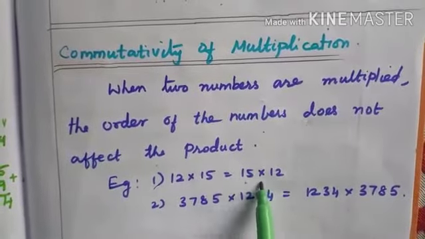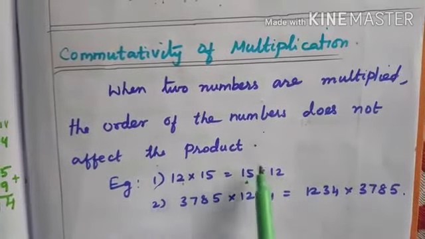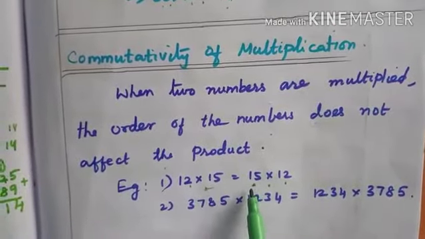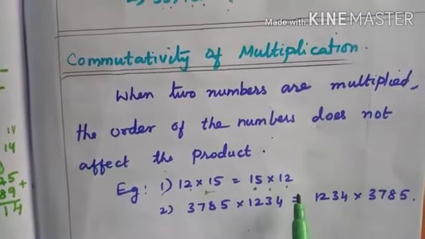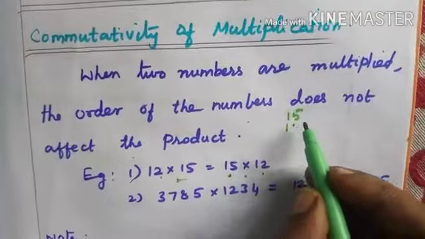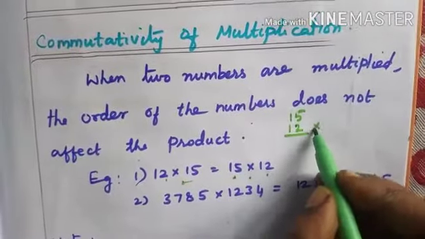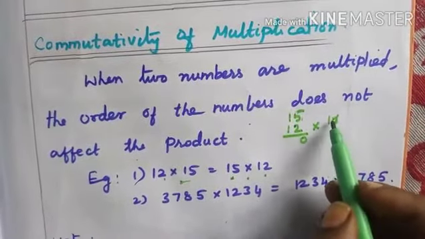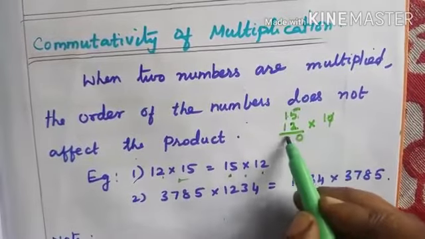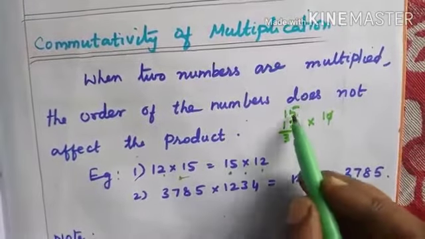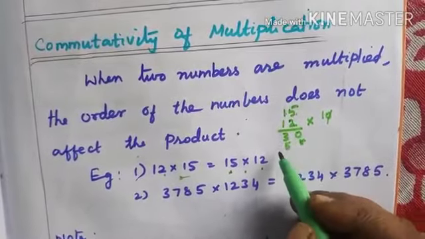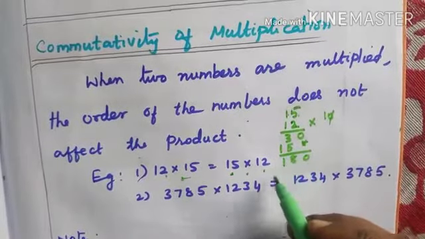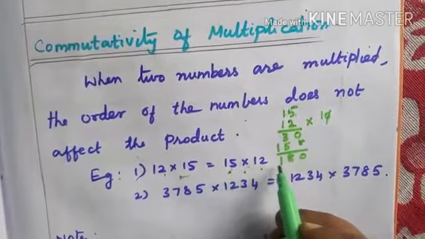Order means here we are changing. Here we put 15 first and 12 we write second. So if we multiply these two numbers, we will get the same answer. We can multiply and see. 15 into 12. 5 twos are 10. So we put 0 here and keep 1. 1 twos are 2 plus 1, 3. Next you put a star here. 5 ones are 5. 1 one is 1. Now we add this. 3 plus 5 is 8, then 1. Therefore, 15 into 12 is 180.